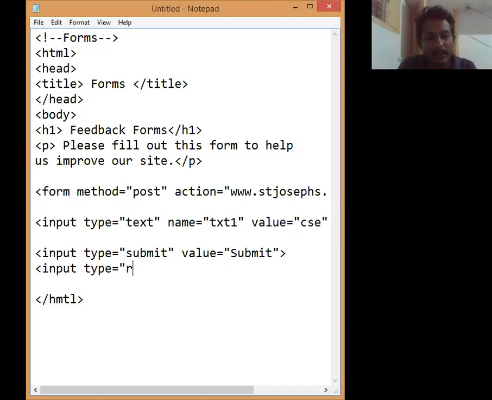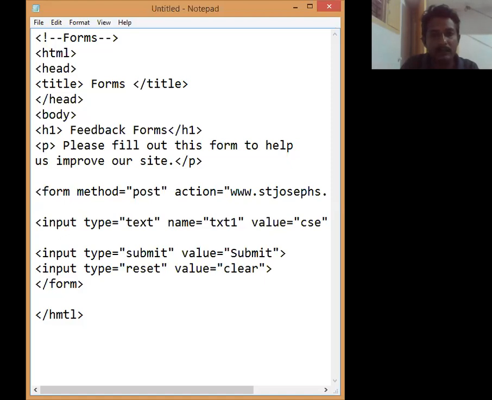For the clear button, the syntax is input type equal to reset and value equal to clear. So that's it.